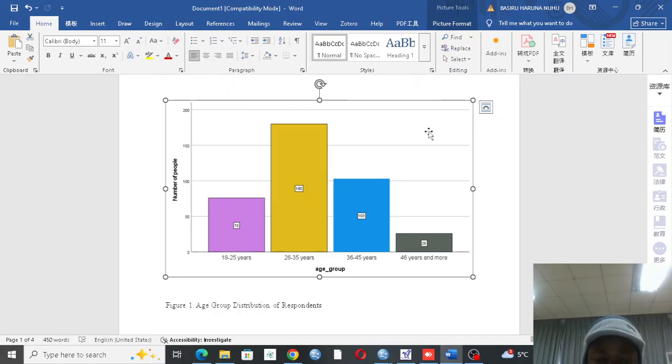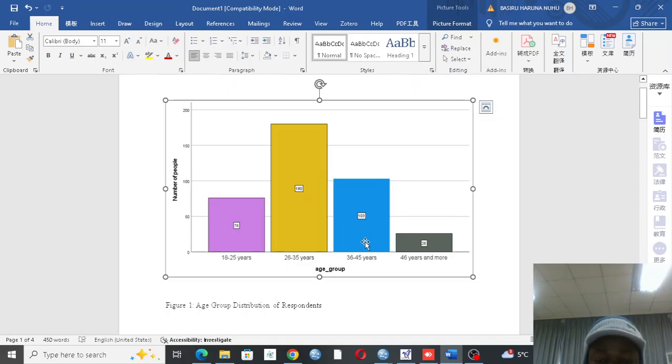So whenever you are reporting, this is a simple bar chart. It has a number of people and then the age group. First, look at the bars and then the number here. When we're analyzing, we try to show data labels so that it will enable us to describe whatever we had. We could see that majority of the people were within the age group 26 to 35 years,